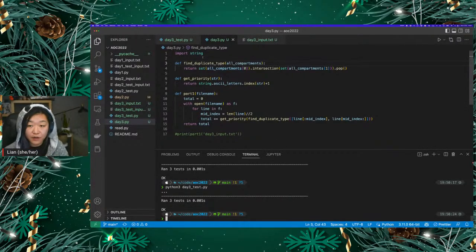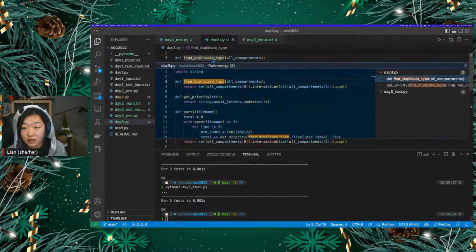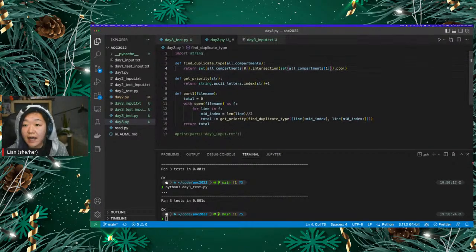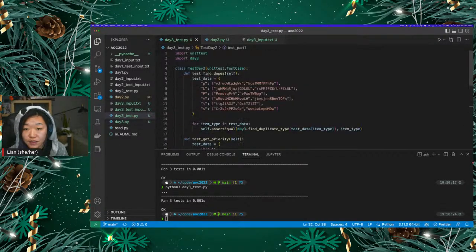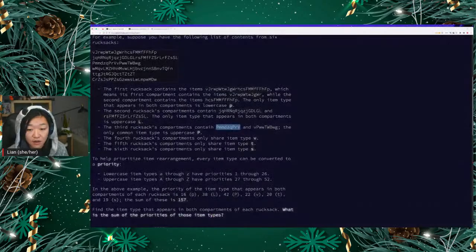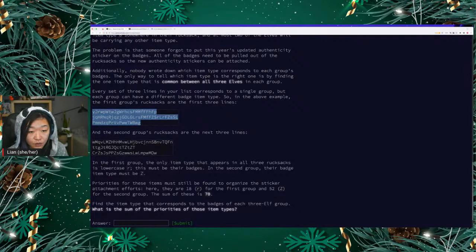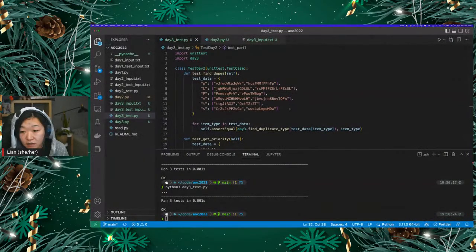So now everything works again, and we've just changed this function to, instead of taking a string and then splitting up in the middle, it will just take a list of strings and find the duplicate letter in those. And this works with 2 strings fine. But now when we want to test situations where we have 3 strings, this is probably not going to work anymore. So let's see. So here, we expect lowercase r. So we add a new test case